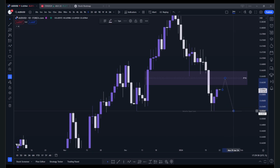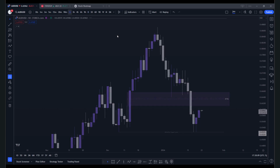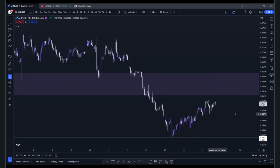into the equal lows. But I'm not going to be the person blindly selling the Aussie or blindly buying the dollar. I would rather wait for liquidity to be swept and then a lower time frame confirmation to take it. So right now I'm sitting on my hands. I'm not really going to be doing anything until or unless I get a 15 minute confirmation or a 1